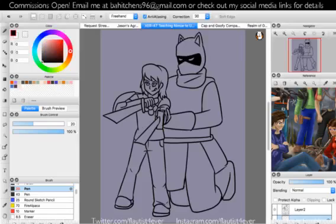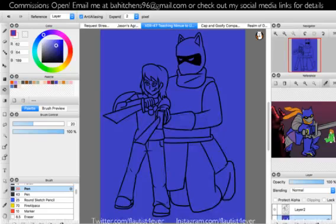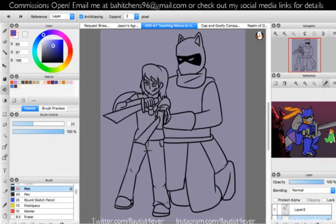Looking for the right reference is hard. This one's color is off in its own composition, but it's actually not that off in terms of the actual colors themselves. So,